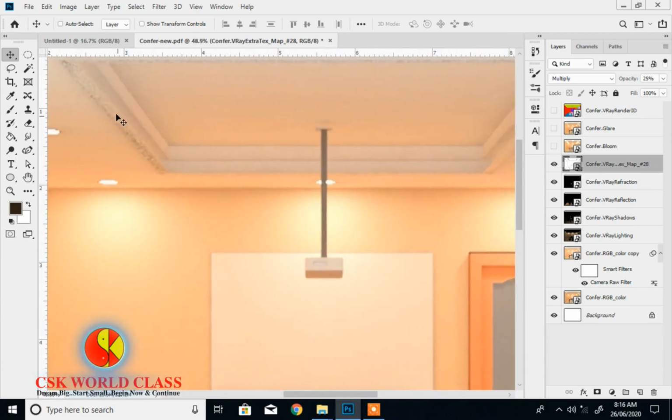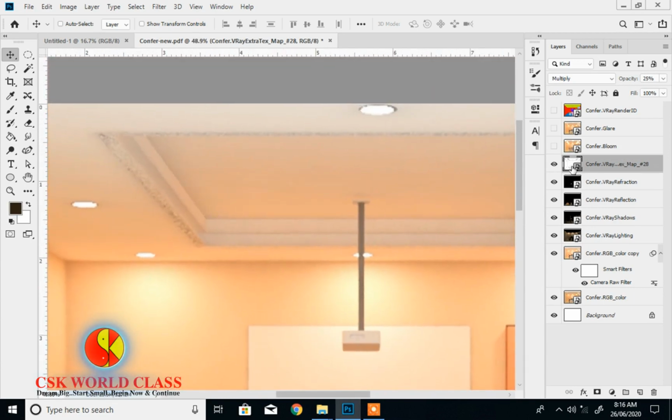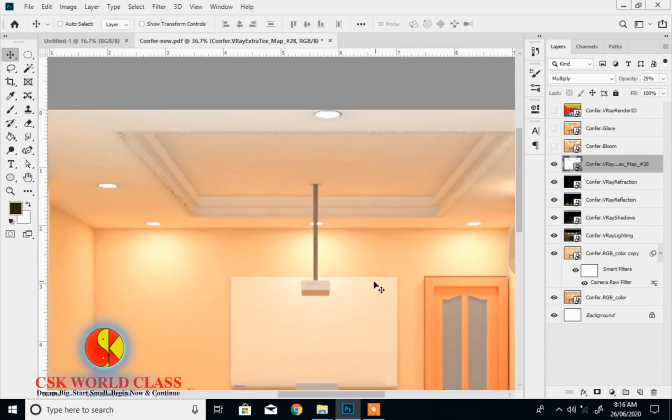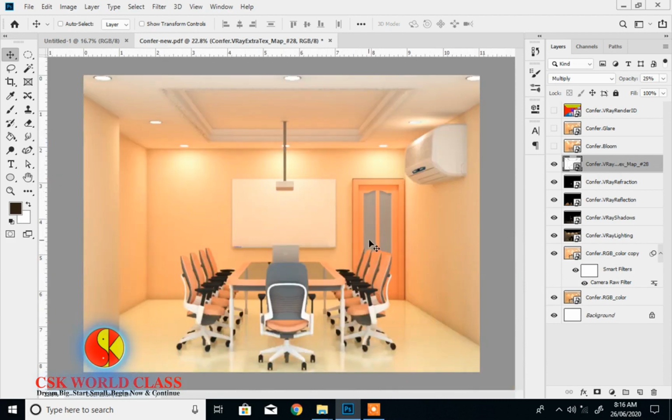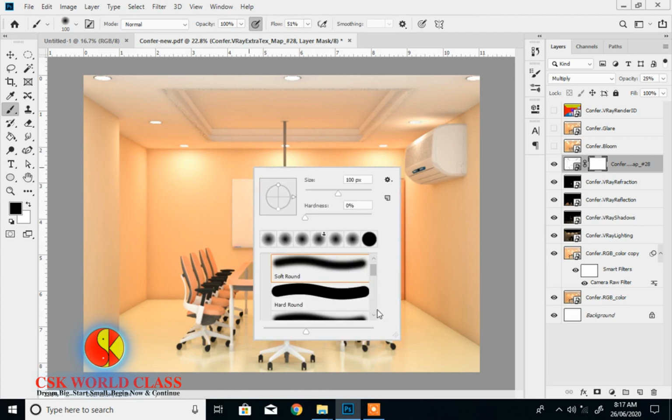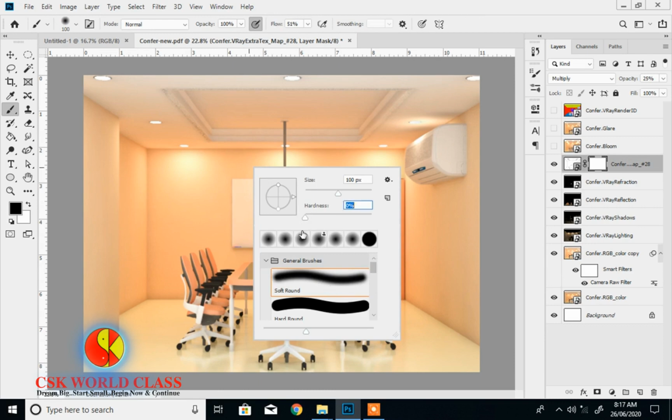So either I can erase this part here by brush. For this I will use the layer mask command. This is my first, second and third is my add layer mask command. Just click there, it will add the layer. If this is white color, then take black color for erasing this down. Take the brush and right click here, take the brush setting, always take the first soft brush. Hardness should be 0, that is important.